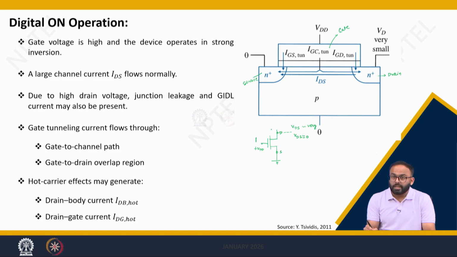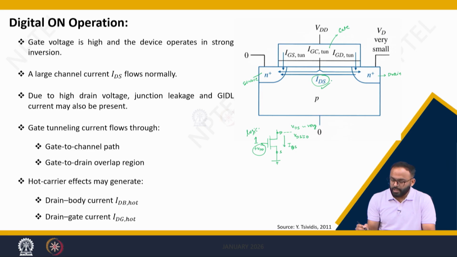So, this is the turning on condition in digital circuits, right, because you are turning on the gate by applying 1. 1 stands for logic 1, right, it is denoted by a plus VDD. So, when you do so, there will be a current, right. This current is IDS, because when you turn on the MOSFET there will be a drain to